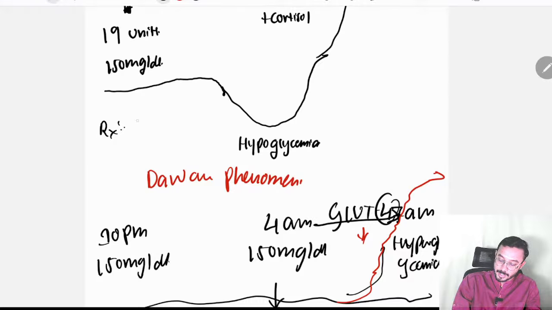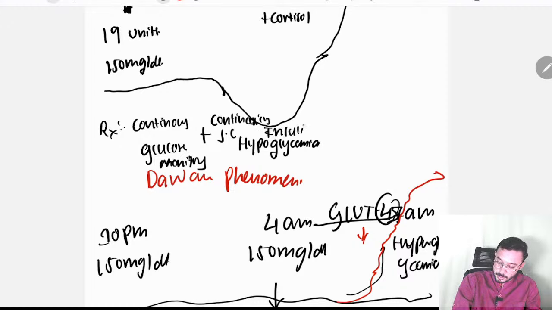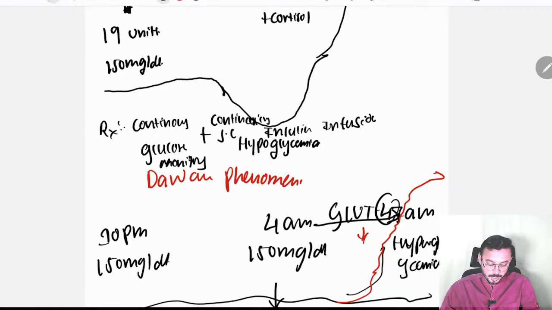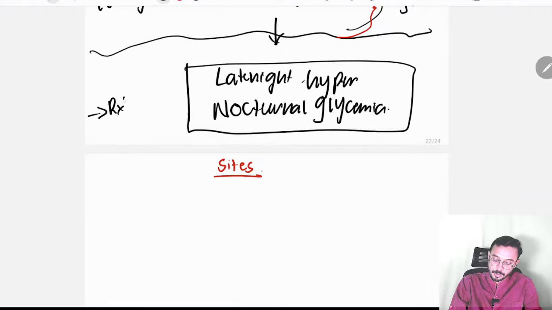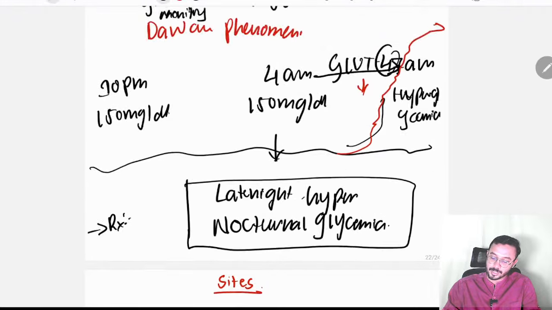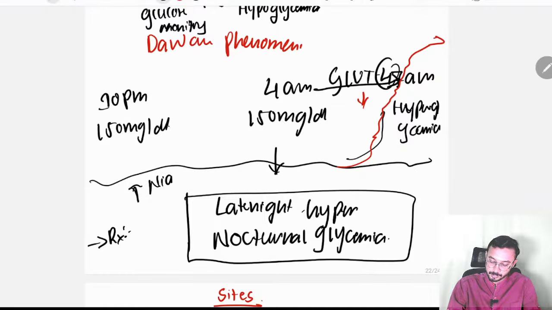Treatment is that you should do continuous glucose monitoring, which I have told you, that diagram also. And next you are going to give continuous subcutaneous insulin infusion, CSII, which I have taught you earlier. Okay, so this is the treatment aspect, very important, for Somogyi and dawn phenomenon. So what about dawn? What treatment are you going to use? Yes, you should definitely know, you should increase the night dose. Okay, so these are the treatment aspects.